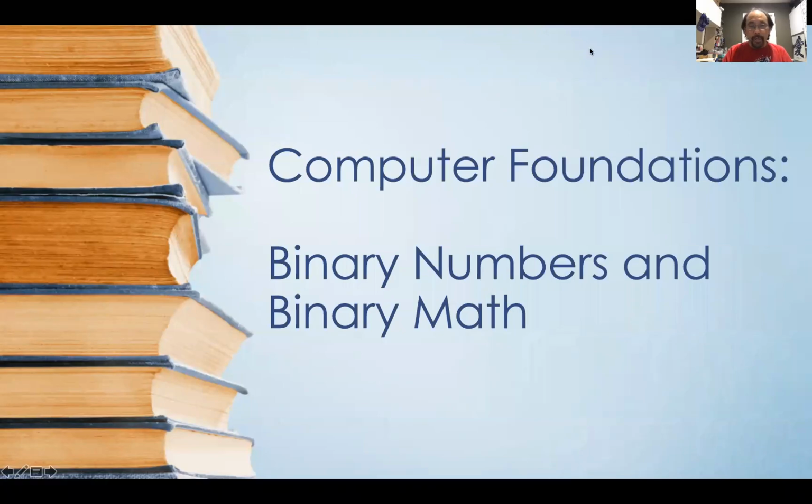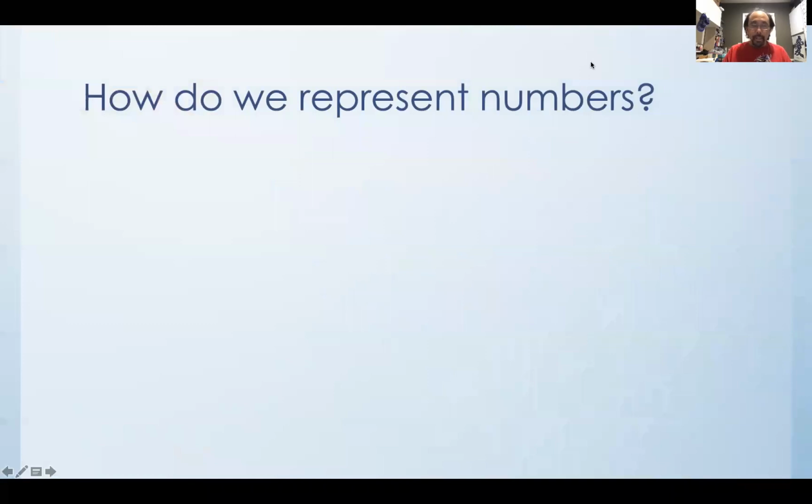Hi class, today we're going to be looking at binary numbers in more detail. We're also going to be looking at how to do a little bit of binary math, some addition, some multiplication with binary numbers. Now, let's actually take a step back and think about how numbers are represented in general,